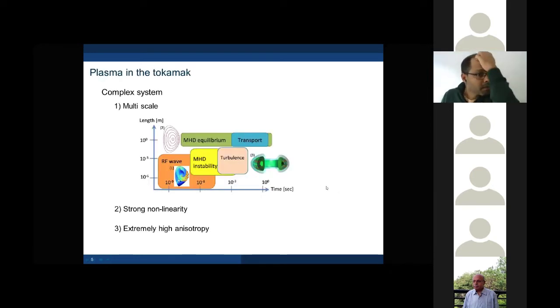Now, the plasma in the tokamak has lots of phenomena that are going on simultaneously. So it's a rather complex system, and typically different models are used to look at different aspects of the plasma. So here I show that there are a lot of time scales and length scales involved. You see that they go over several orders of magnitude. So close to about 10 orders of magnitude in time, for example. So my focus of work has been in the area of